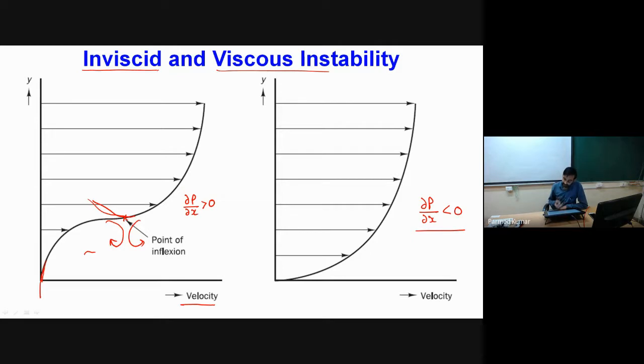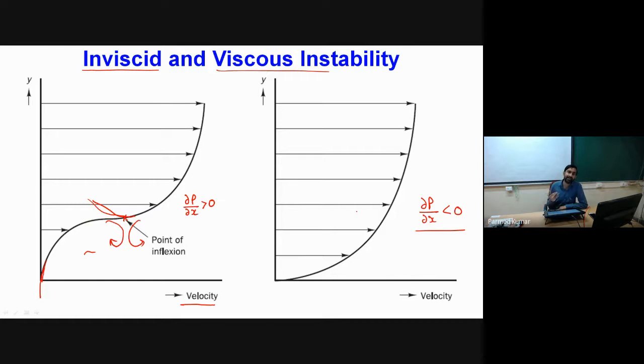Then comes the second situation where we have flow over a flat plate. For flow over a flat plate, in favorable pressure gradient conditions, we will have a smooth pressure profile and a smooth velocity profile. In this smooth velocity profile, when we give the perturbation and apply the stability theory, it was found that at very low Reynolds number conditions, there is decay of the perturbation.